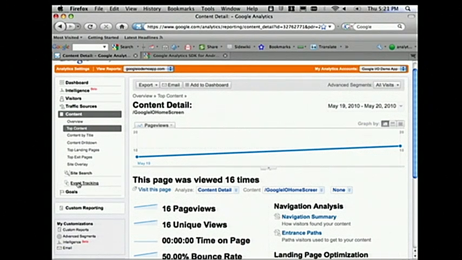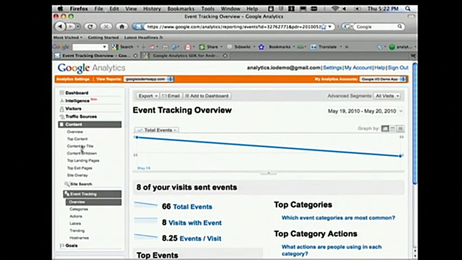Oh, there's events. I can also get a really easy roll-up of the events that have occurred. We actually had 46 yesterday and 20 today so far, which is exciting, though I don't know if I like the slope of that graph. I can look in here, and you can see that all 66 of those events were actually part of a button,